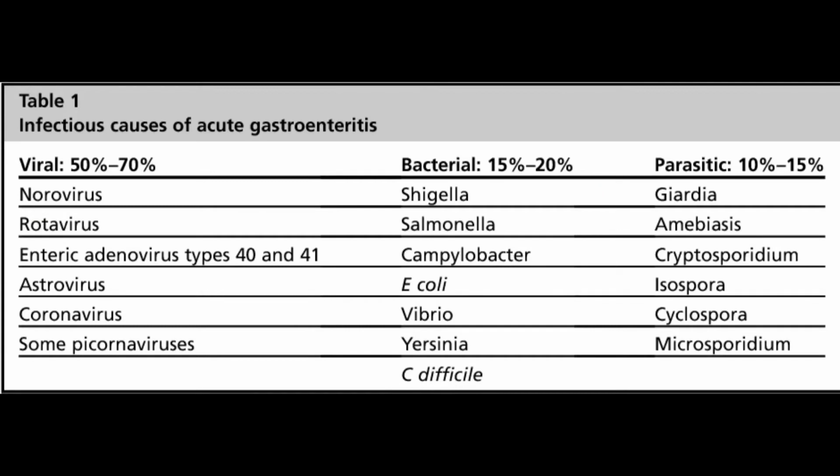noroviruses. Both children and adults are affected by noroviruses, the most common cause of foodborne illness worldwide. Norovirus infection can sweep through families and communities. It is especially likely to spread among people in confined spaces. In most cases, you pick up the virus from contaminated food or water, although person-to-person transmission also is possible. Second comes rotavirus.